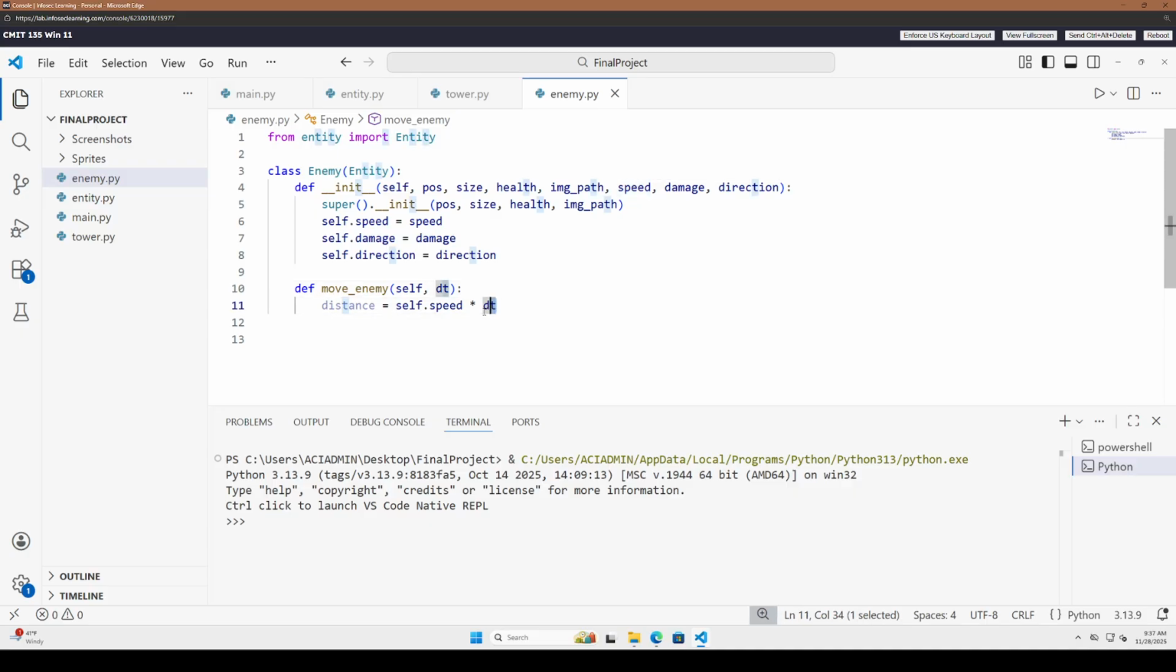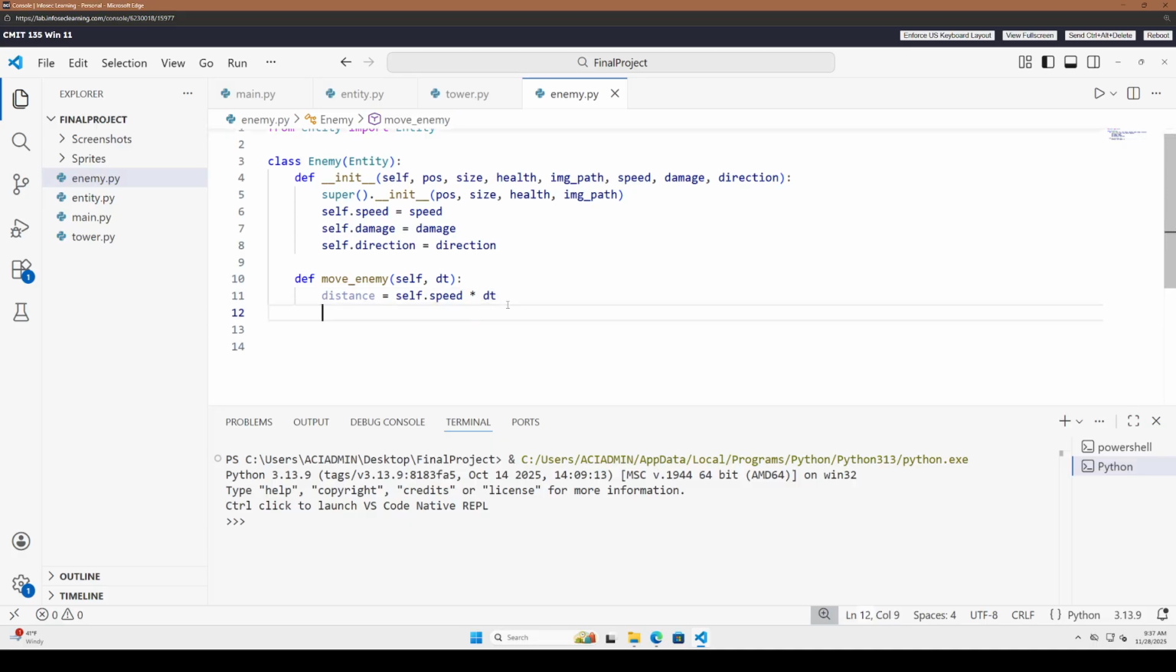So if it's been 1 second in between frames, then the object needs to move 100 pixels if the speed is equal to 100. But if delta time is 1/10 of a second, then we only want to move 10 pixels instead of 100. Okay, now we have to divide that up into x and y, because we can't just go in a diagonal. So what we're going to do is the x distance is equal to,